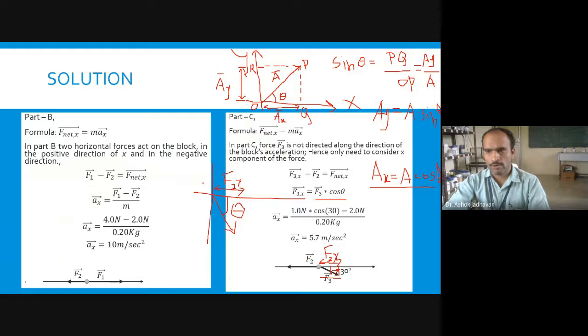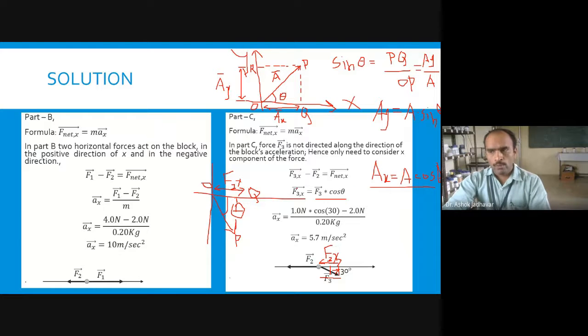For that again you have to draw a circle, this triangle O, P, Q, and let us consider this perpendicular at some point. And you can determine the value of OQ. So very simple thing. You just check whether you are getting F3x equals F3 cos of theta.